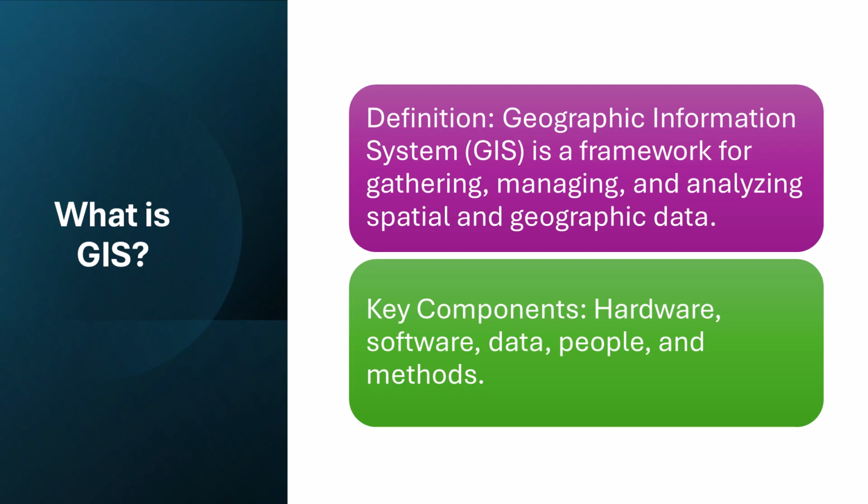Welcome back. Today, we will dive into some core GIS concepts to help you get familiar with the foundations of spatial data in ArcGIS Pro. First, let's quickly define GIS. GIS stands for Geographic Information System, a powerful framework for managing and analyzing data tied to locations. In GIS, we work with spatial data to understand patterns, relationships, and trends in our world.